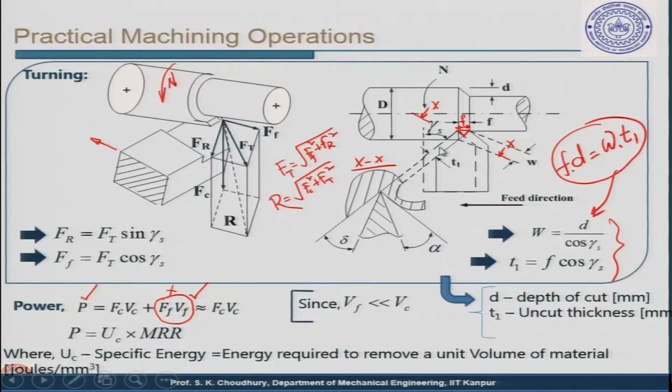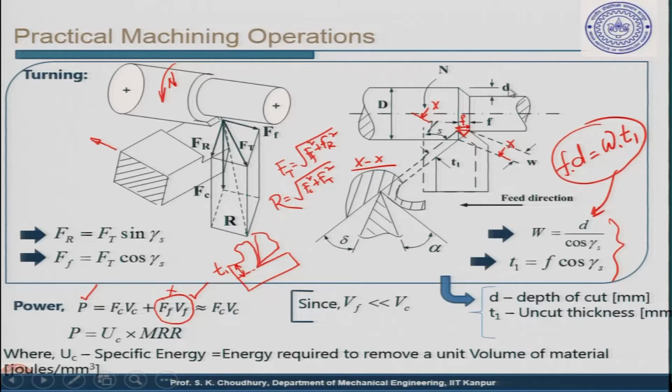T1, if you remember, we can get it also from this diagram. I will give you this diagram additionally here. This is the same diagram as in here, and this is the T1. For orthogonal cutting, this is equal to D, the depth of cut, because it is orthogonal cutting, T1 and the depth of cut will be the same, but not for all cutters, not for all processes anyway.